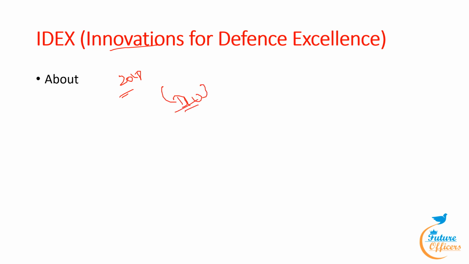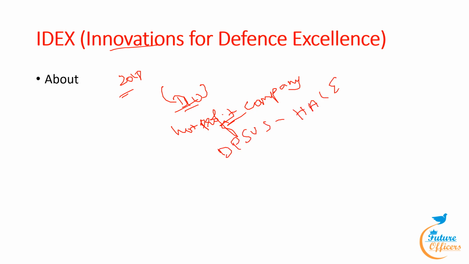formed as a non-profit company as per Section 8 of the Companies Act 2013 by the two founder members, that is Defence Public Sector Undertakings, that is DPSUs, HAL and BEL. It will function as the executive arm for DIO, carrying out all the required activities while DIO will provide high-level policy guidance to this. It also undertakes the financial support as provided to startups, MSMEs, individual innovators, and partner incubators